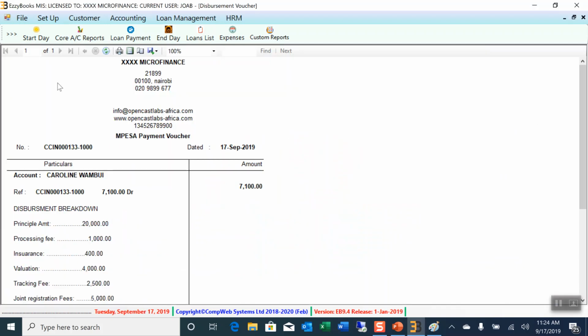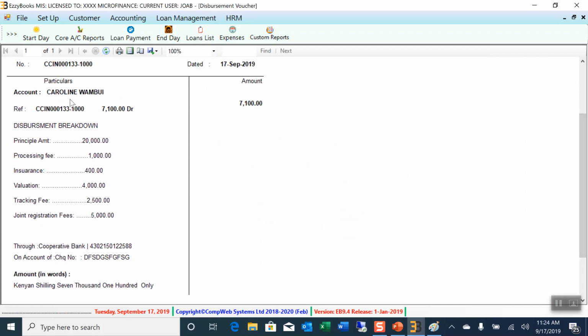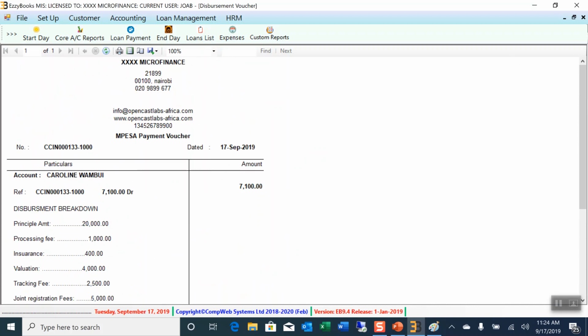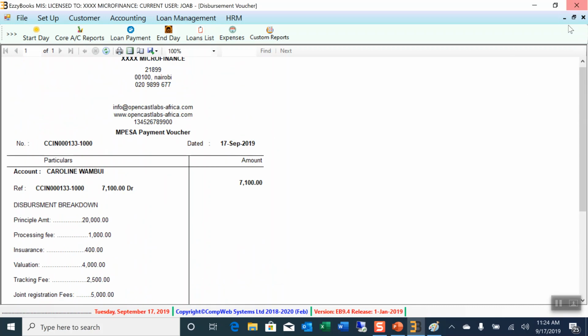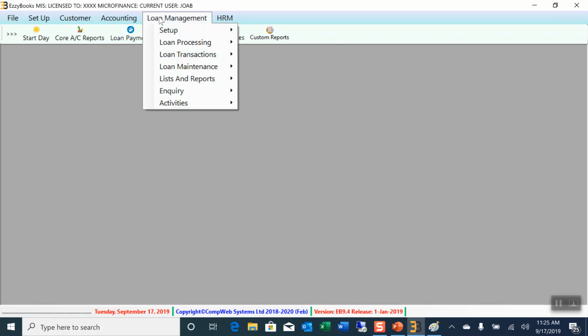Once you process the disbursement, this will be the offer letter that shows the breakdown of all the charges that are involved, the principal and all the charges that are there, and the customer is supposed to sign against this. This is a requirement, a Central Bank requirement, to have the customer sign against what they are borrowing. So that disbursement is done, and the process that now remains is to wait for the repayments from the customer,